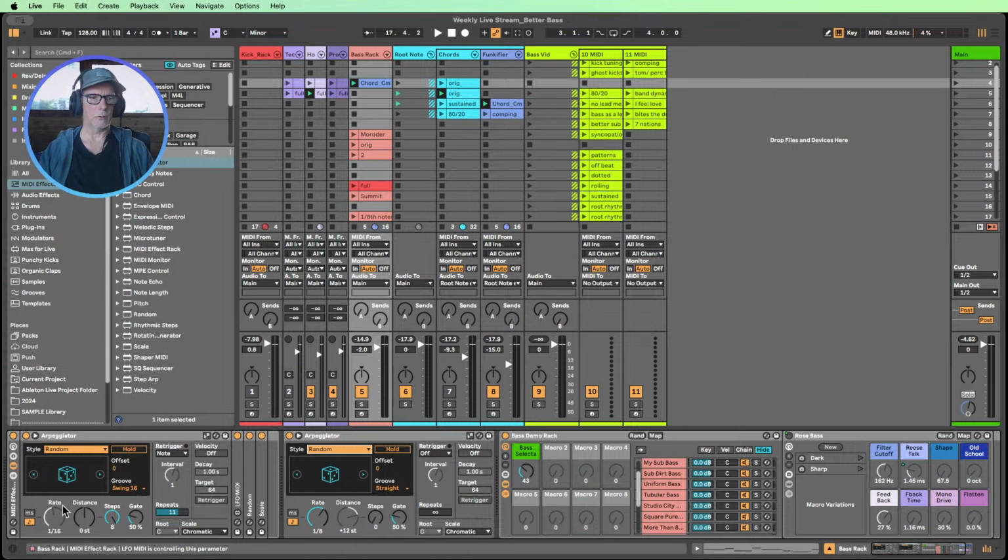And if we have a little look along the bottom row here, we can see that rate is being modified. We'll see how that's happening in a moment. So rate, we don't need to do anything with. I have got swing here, so it would be good for groovy house music, as I said, micro house, minimal styles, to get a little bit of swing happening in the arpeggio. I've also set the steps to 8, so it's going to be able to go up and down in pitch quite a lot. And over here, I've turned on the re-trigger of some notes as well, and I've added about 11 repeats. So every now and then it's going to add a little note repeat as well.